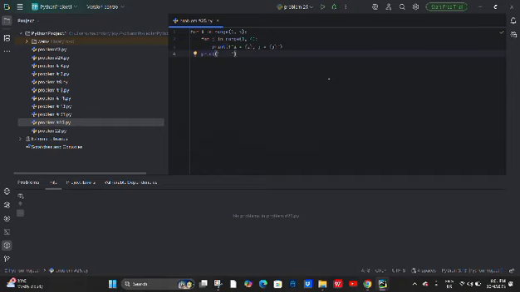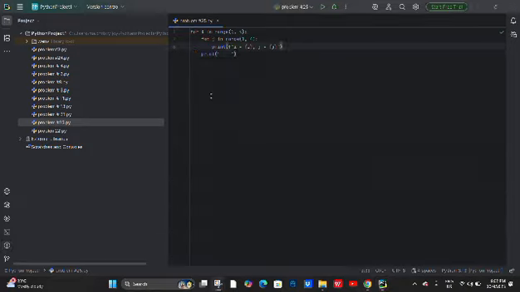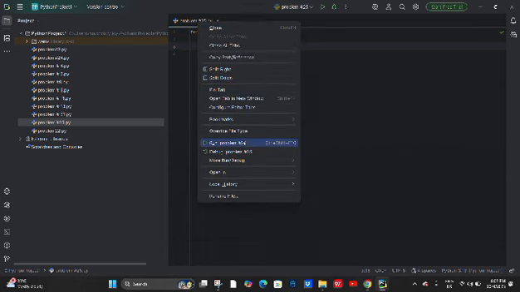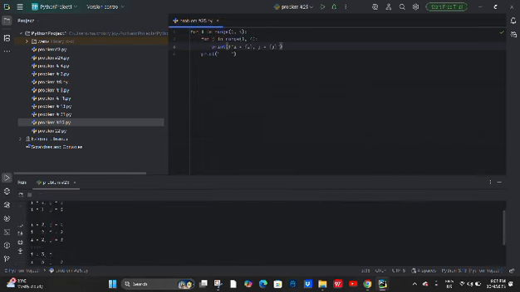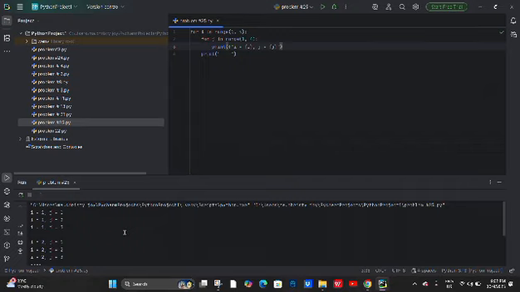And now let's try to run this code to see if it works. It prints a separator line after both loops finish executing. So that's the final output of the code.